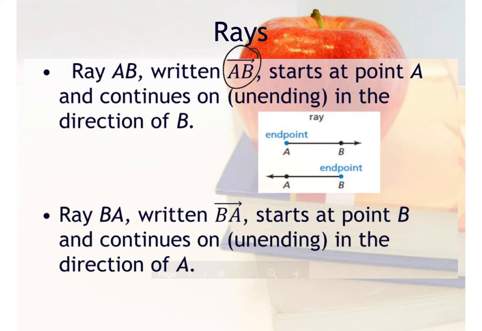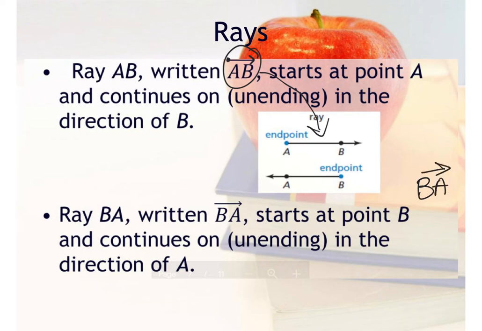Make sure your notation must have an endpoint over the A, and it must have an arrowhead over the B, okay? That means that it starts at A and it continues on forever going in the B direction. This one would correspond to the first image that you see. The second image, which is BA,